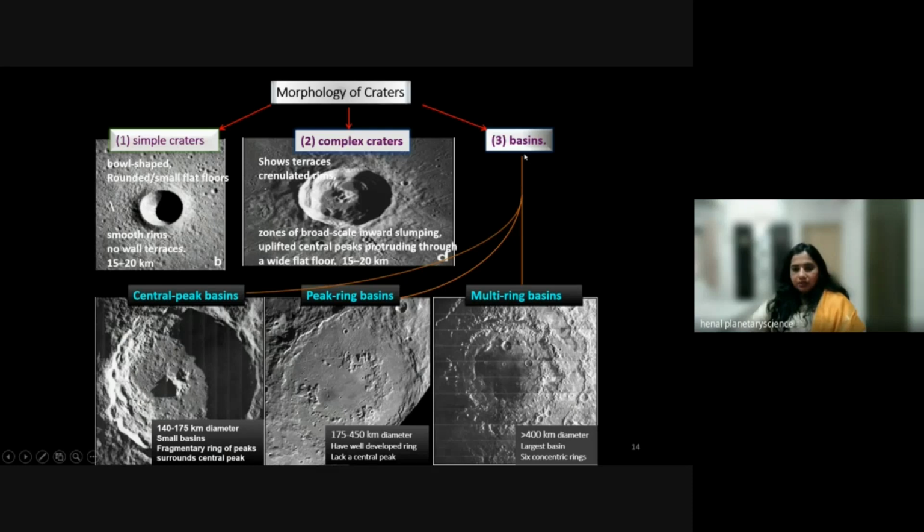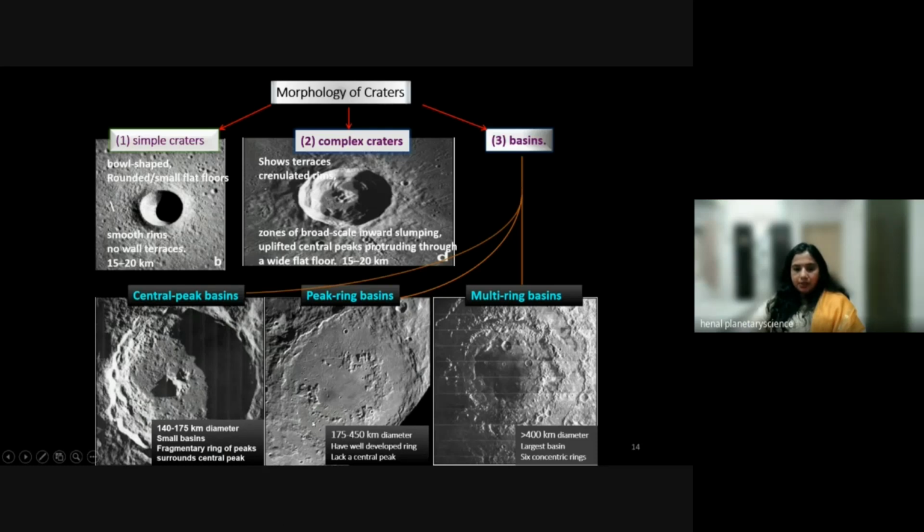These are very large structures, and basins are also divided into three parts: central peak basin, peak ring basin, and multi-ring basin. They show very different structures. The central peak basin shows a peak in the central part with a granulated rim, and its diameter varies from 147 kilometers to 175 kilometers. These are sometimes called small basins.